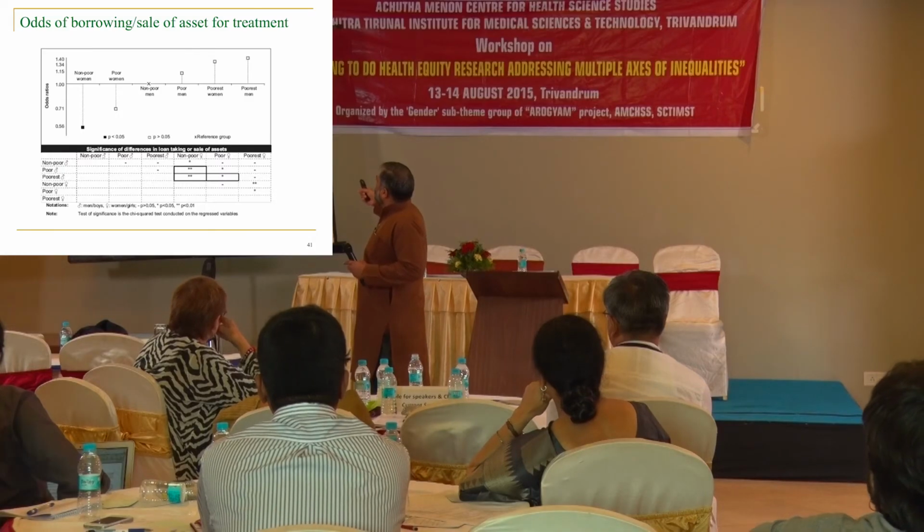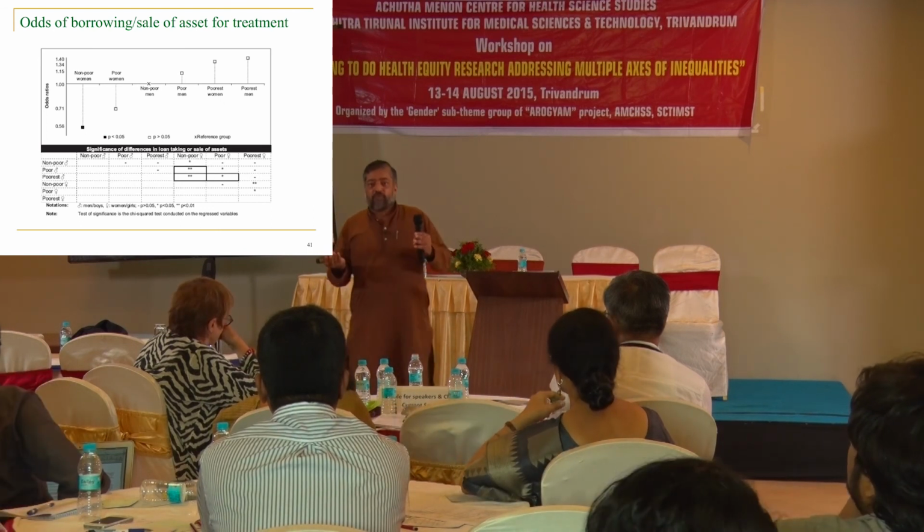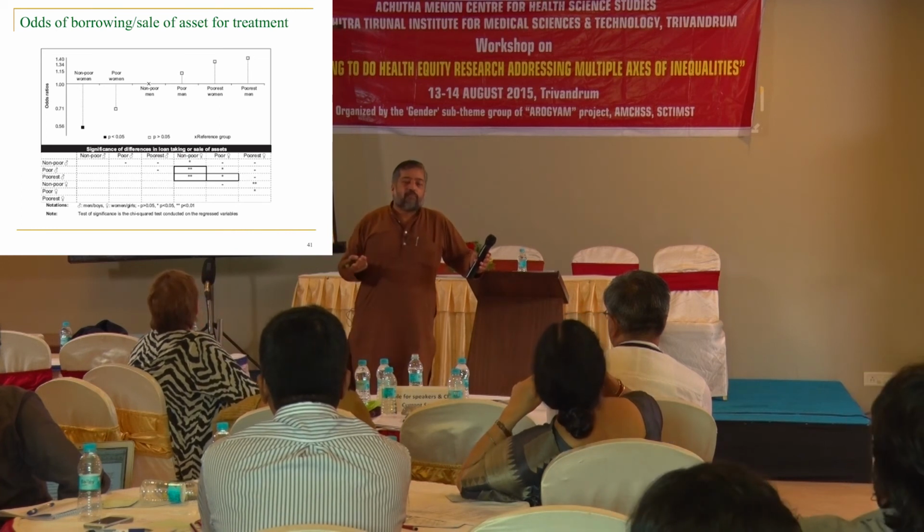This is basically the same thing I wanted to present, odds of borrowing or selling assets for treatment. If you take that, then who borrows? I am only using the results of the data that I play with every morning and evening. So, this shows that if you have health expenditure for which you borrow, it is not necessarily that you are poor and you borrow. Poor added with some other attributes, you see they will not be borrowing, but they will still be poor. So, any outcome has a kind of dynamic which connects to intersectionality per se, because I understand it is a combination of attributes and to designatedly find out a pathway of that.